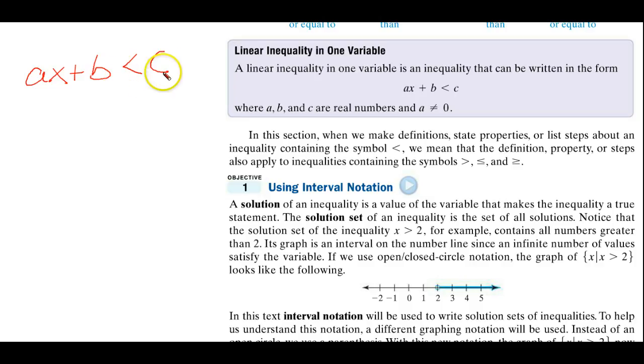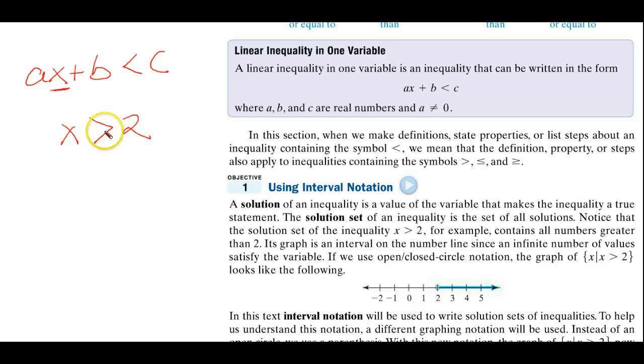So when we illustrate the value of what our x will be, it's no longer just one value, but a whole series of values. So for instance, if we were to say that x is greater than, let's say, 2,